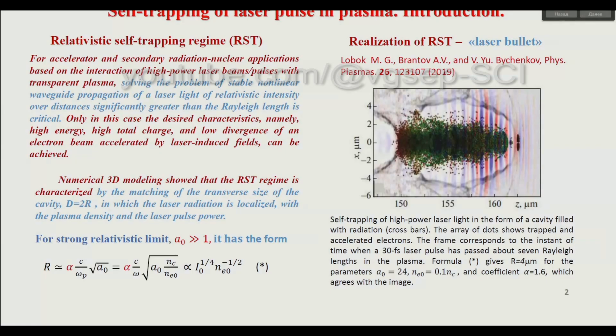It is the realization in the form of the so-called bullet, the numerical calculation for a relativistic laser beam, localized in plasma with a laser light inside. The result of such a steady propagation over 7 Rayleigh lengths in plasma is that the electrons that are self-injected inside this cavity are accelerated, and hence